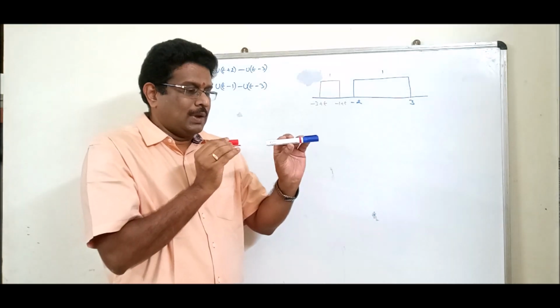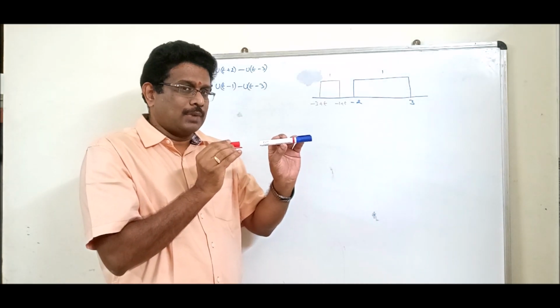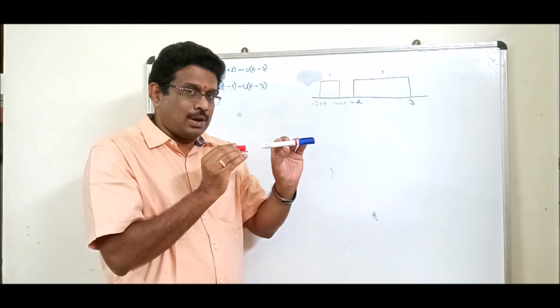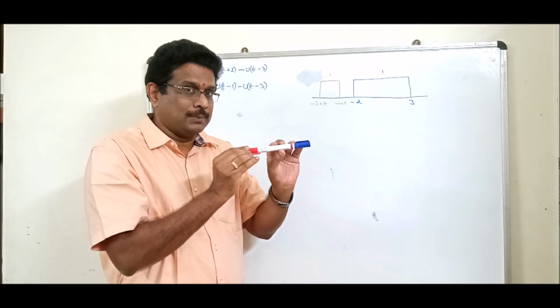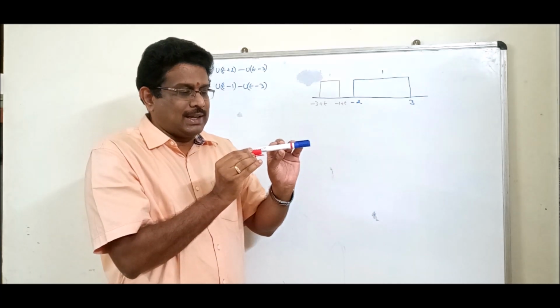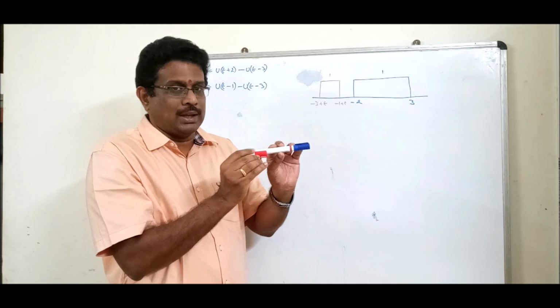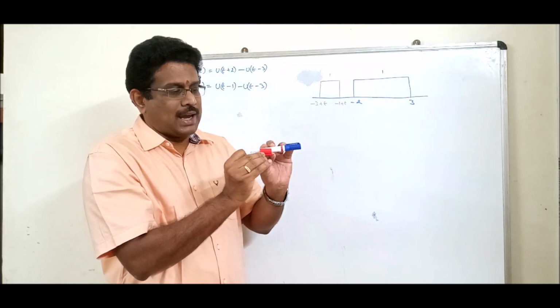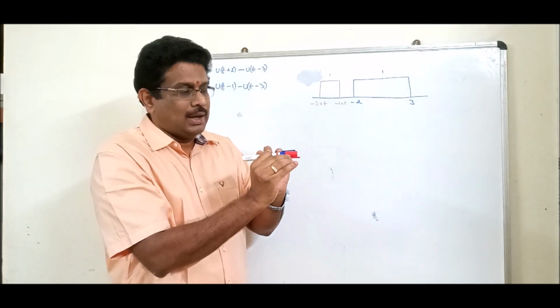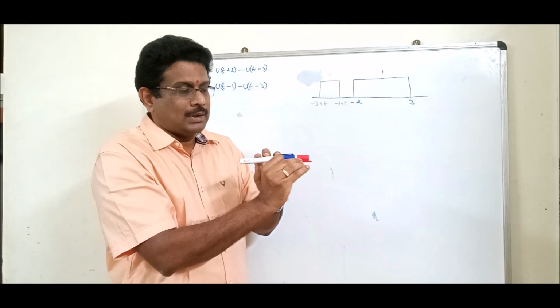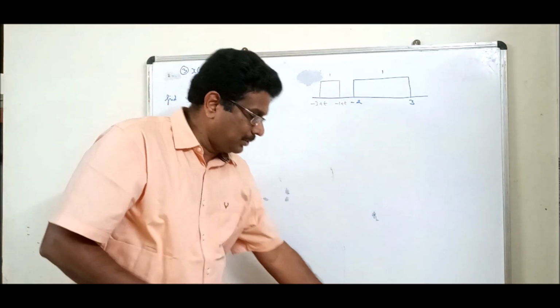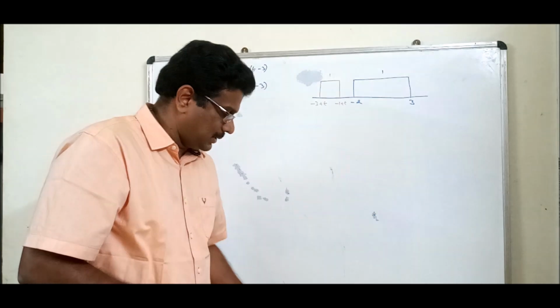Can you recall total? 5 types. 0 amplitude. Careful, very serious. 0 amplitude up to here. Increasing amplitude up to here. Constant amplitude up to here. Decreasing, then 0. So total how many types? 5 types you are going to get.